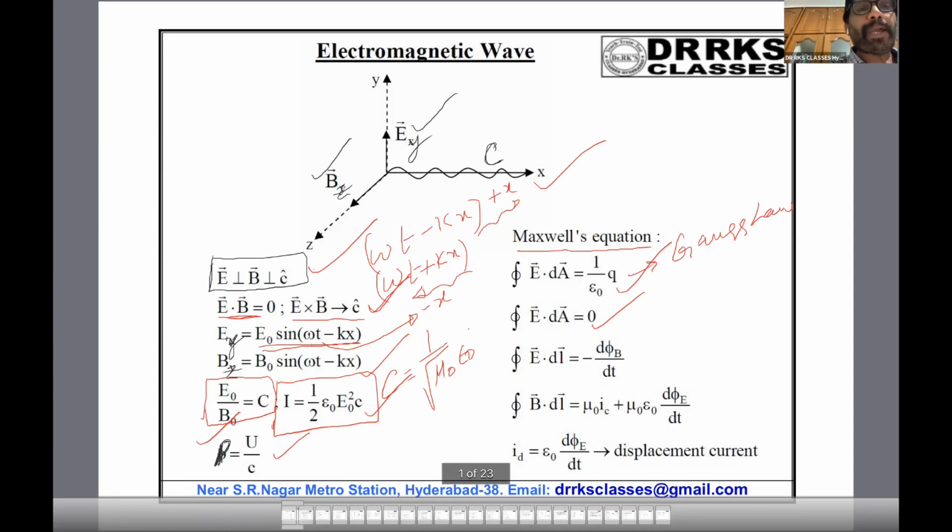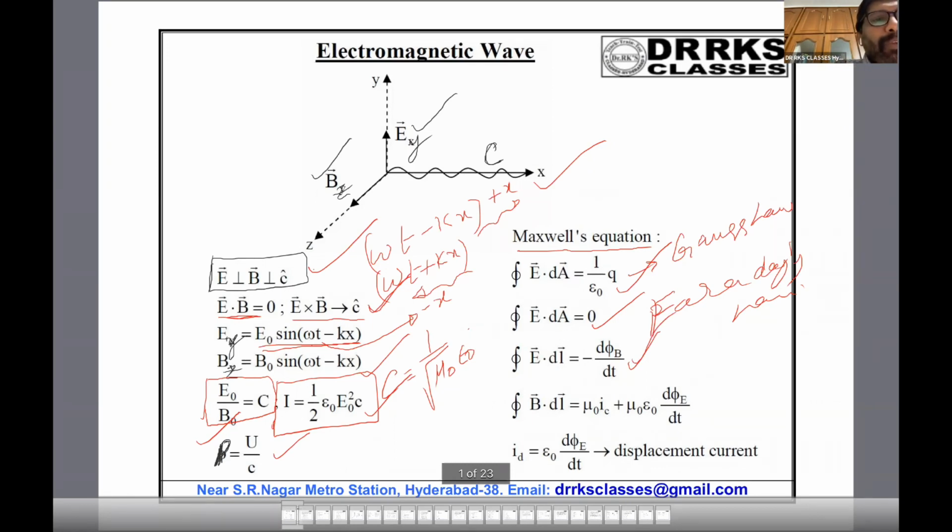And the third one is Faraday's law. What it says is EMF is equal to the negative time gradient of magnetic flux. That is EMF is equal to minus d phi by dt. Here phi is the flux of the magnetic field. So integral of E dot dl is also equal to EMF only, because electric field is equal to negative gradient of potential difference. So this is Faraday's law.